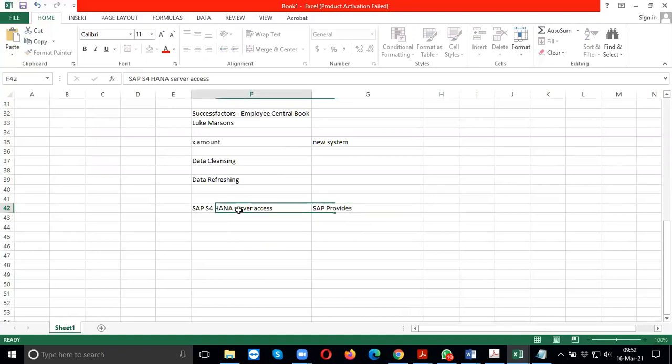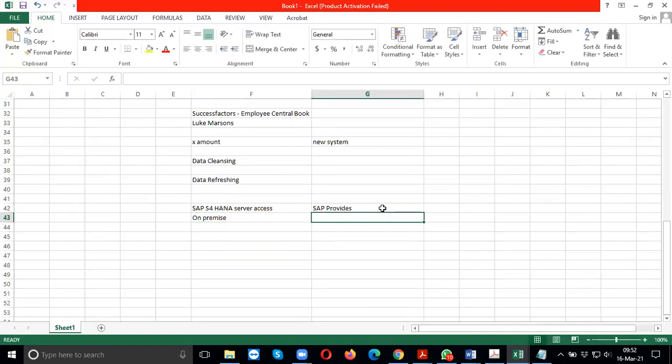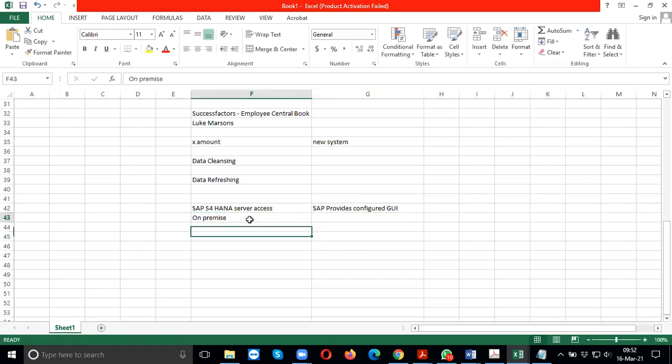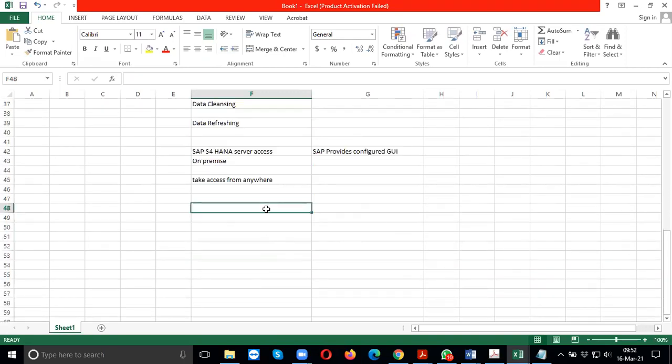Because this is an on-premise application, SAP provides an already configured GUI, which you can download online free of cost, so you can take access to this server from anywhere. But for SuccessFactors, which is in the cloud, there are no servers involved. Everything is managed by SAP.